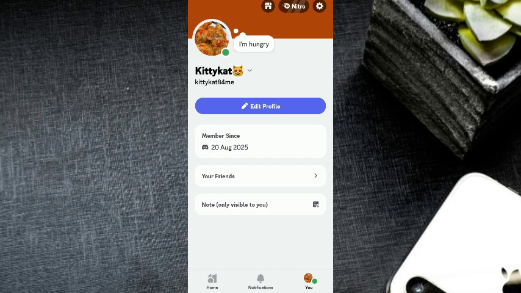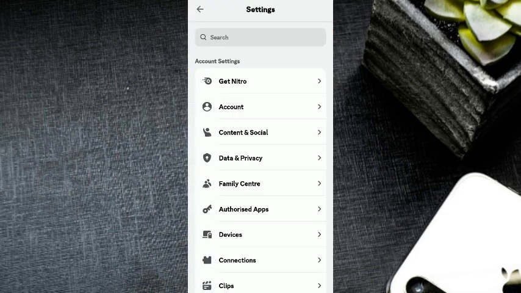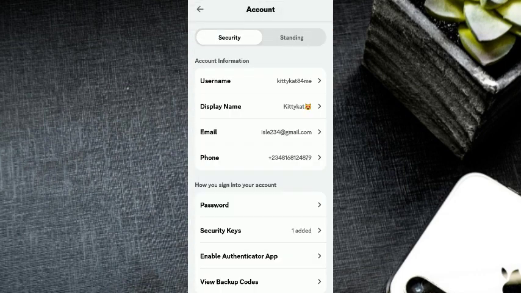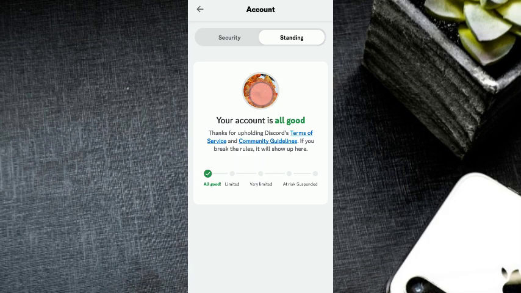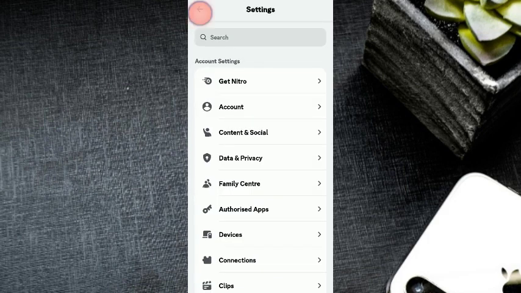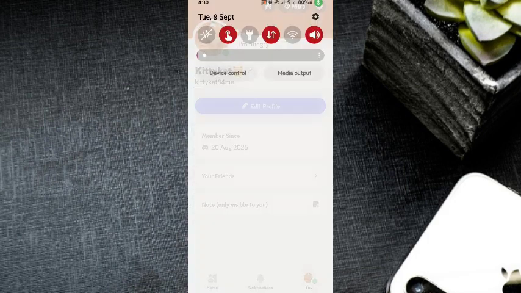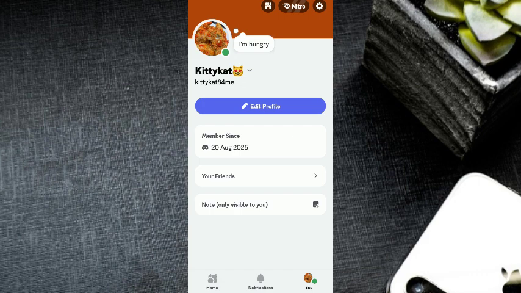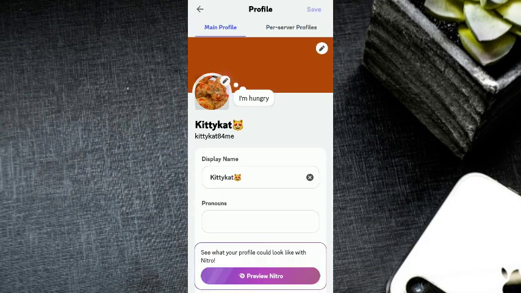So we go to settings, you tap on the gear icon at the top. So you can see account, tap on account. You can see the display name, but what about the picture? Like a little picture we want to change. So let's go back. So to change the picture, we're going to tap on edit profile option,